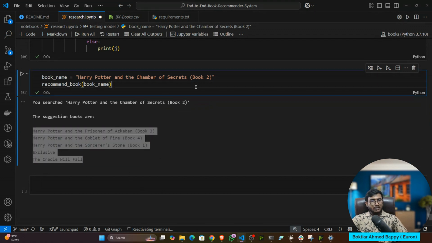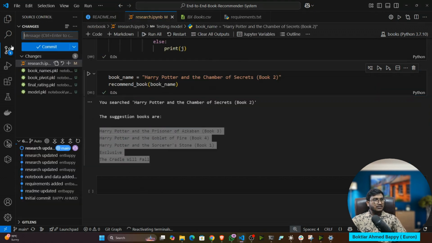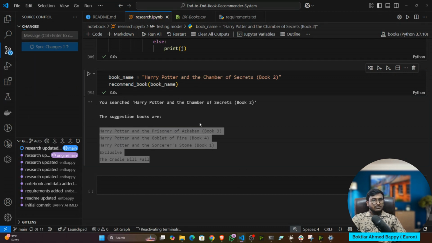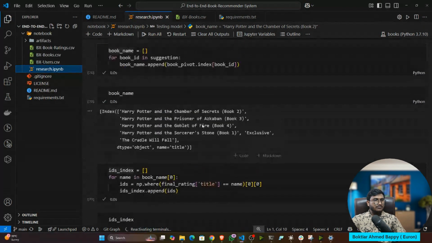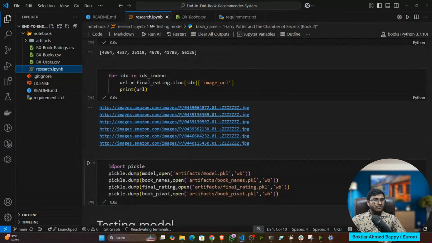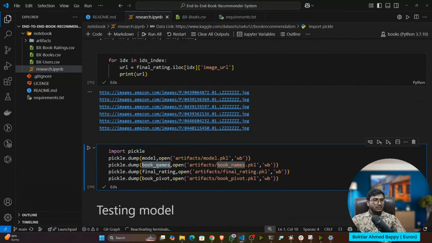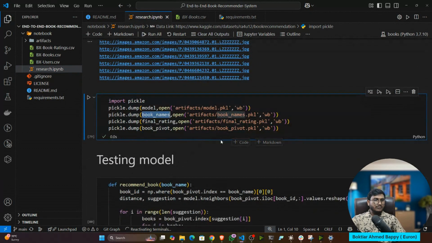Got it? Now let me save and let me share it. Now you can give any books. Let's say I will give another book from the book names.